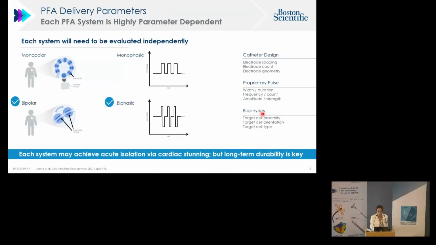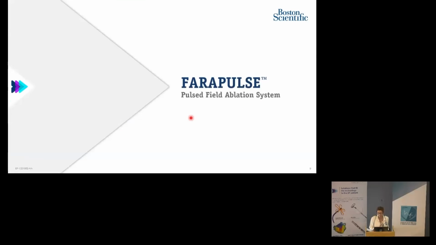So what we are doing with Farapulse, we've got a system that is bipolar. The energy is delivered in between the electrodes and in a biphasic mode. So as I told you again, this system may achieve an acute isolation via this cardiac stunning, but the long-term durability is key. And with this type of energy, Farapulse was really the very first one to prove the long-term maintenance of the lesion at 3 months by an invasive remapping of the patient. So now the system,